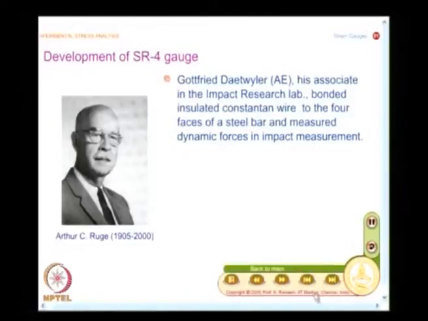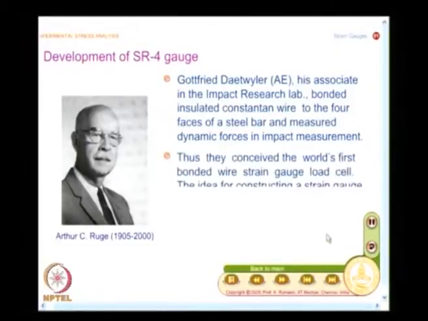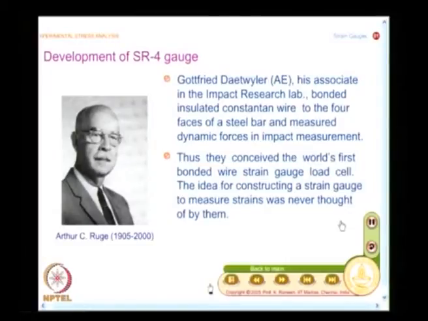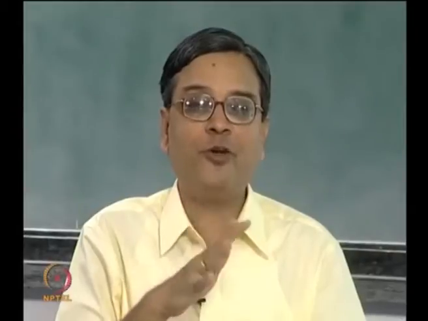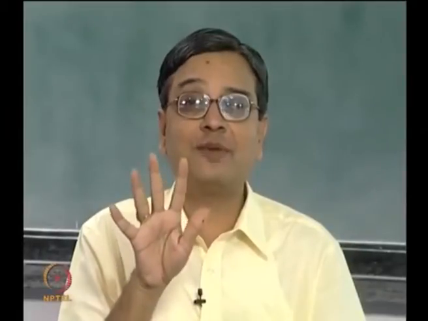So, when they faced a problem in impact force measurement, they consulted Simmons, and Simmons suggested, why don't you take a wire and bond it. And if you really look at their contribution, they did not know at that time that they were going to develop a strain gauge. They focused only on measuring the force, but before measuring the force, they took a wire from one of the standard resistors available. They put it on a clock spring and then flexed it, and the first strain measurement they made was 7000 microstrain.